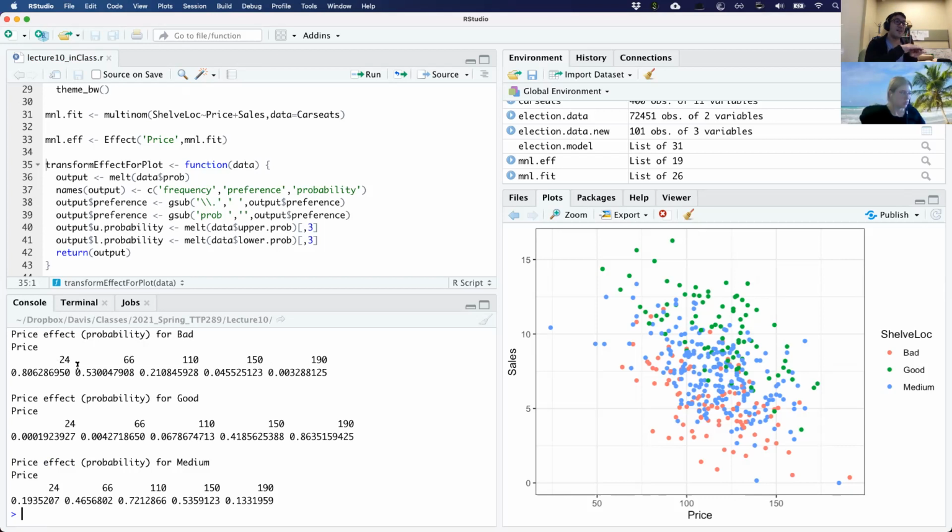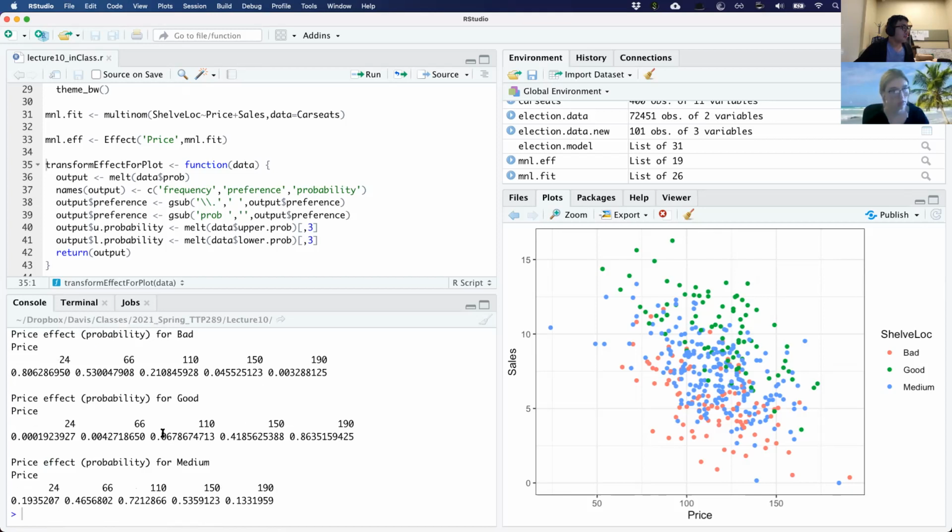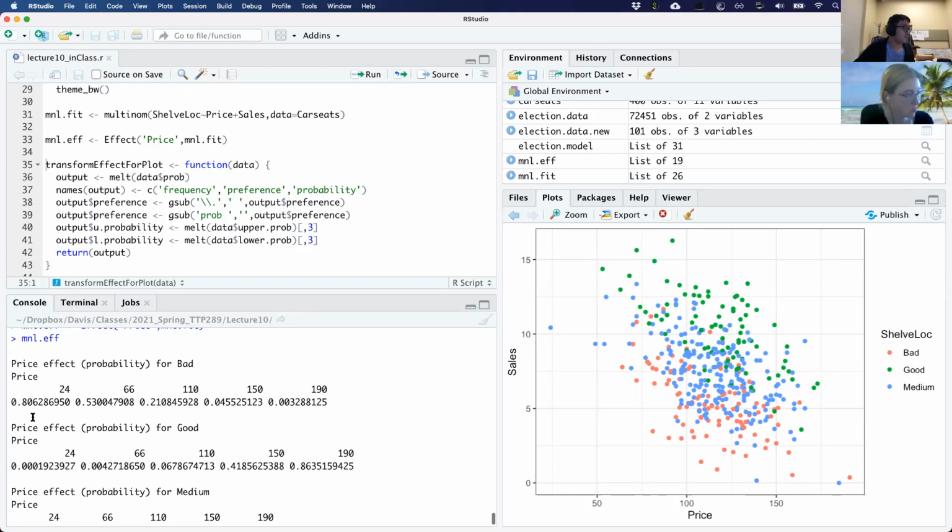And so instead of a 2D distribution, it's kind of 3-dimensional. So what you could do is hold either your price or your sales fixed, and then look at how the probability outcome changes. So that's what the MNL effect does. It is looking at a particular variable. In this case, we're looking at price, and it's going to hold the sales fixed to the average value of the sales.